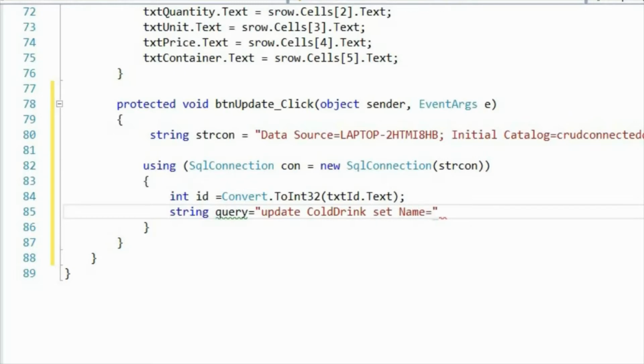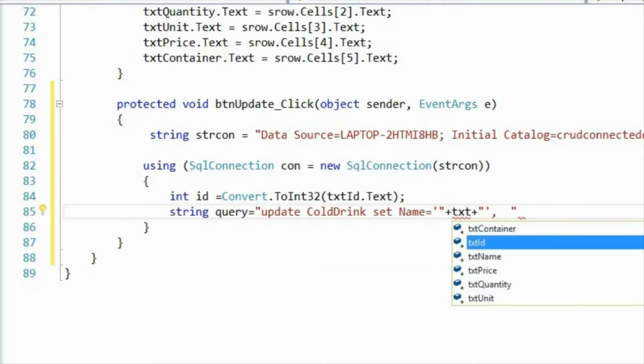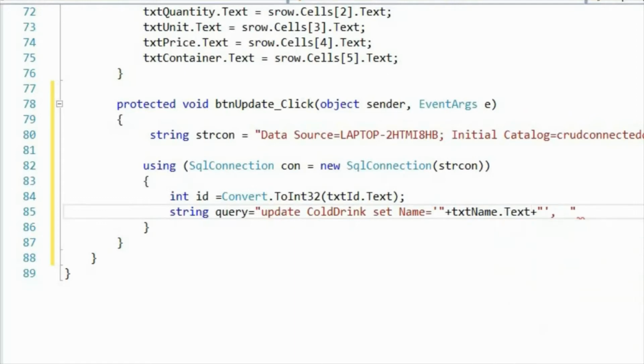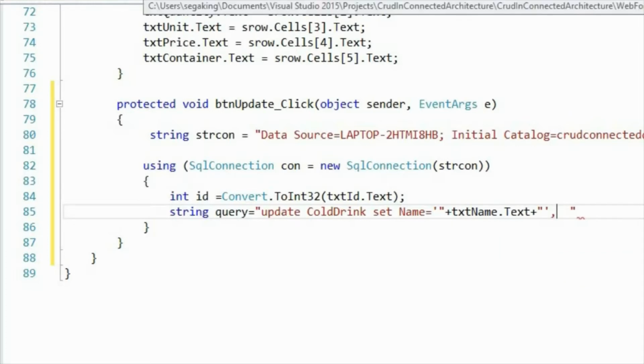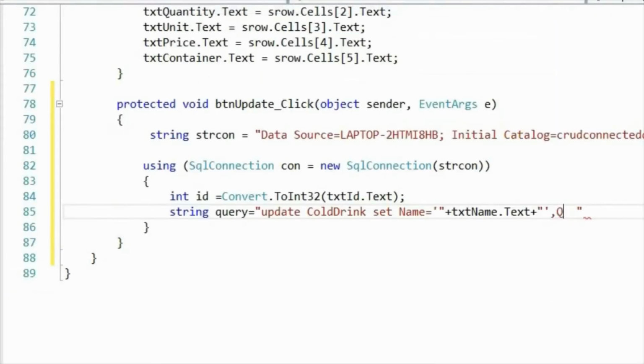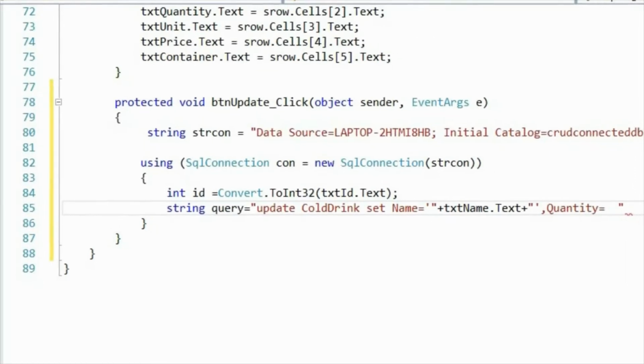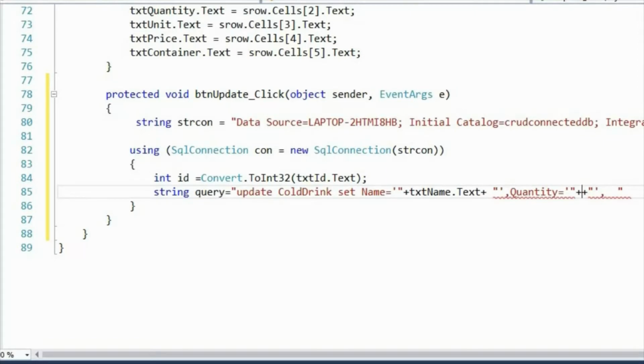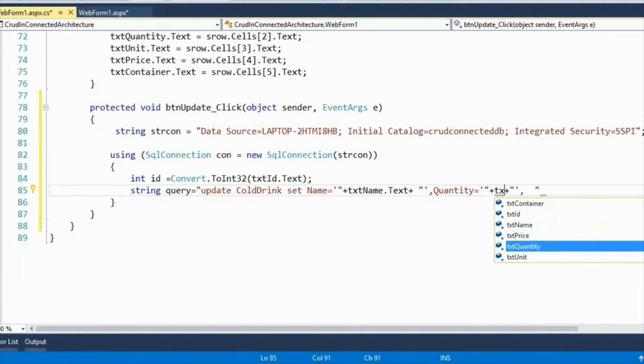Set name is equal to, copy this, txt name dot text, then quantity, unit, paste, txt quantity dot text,